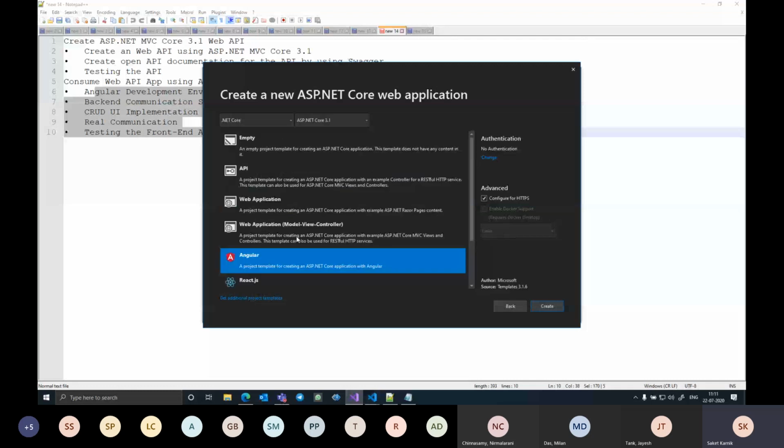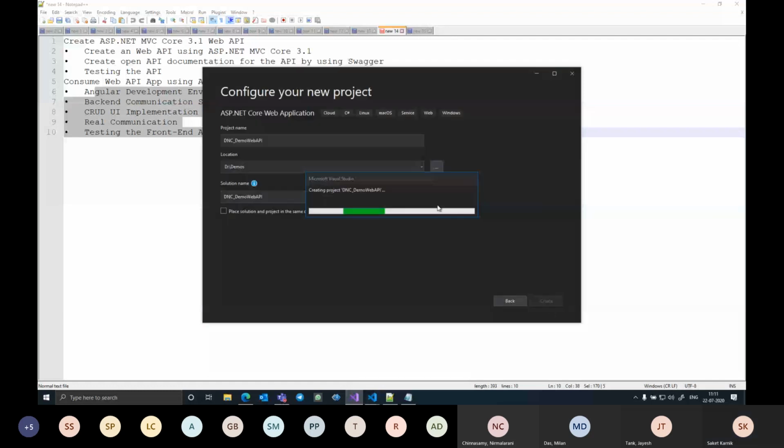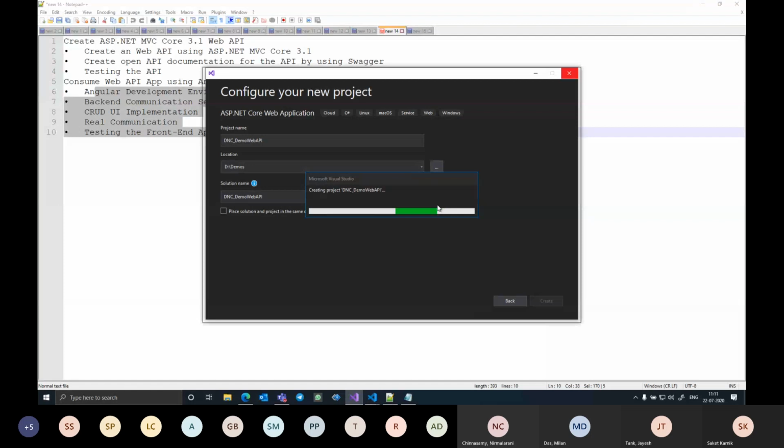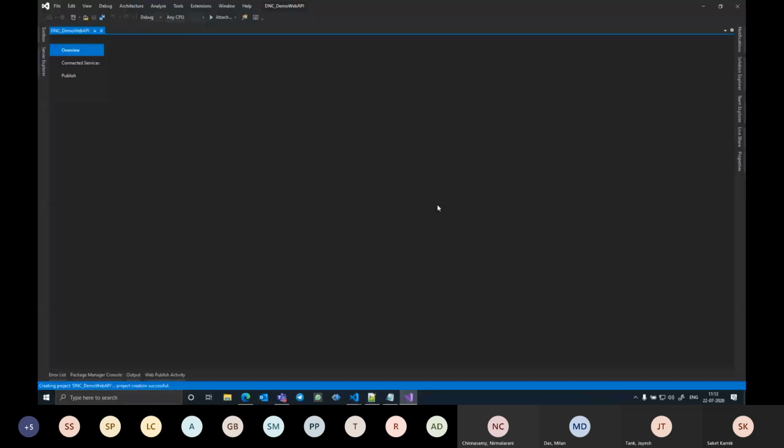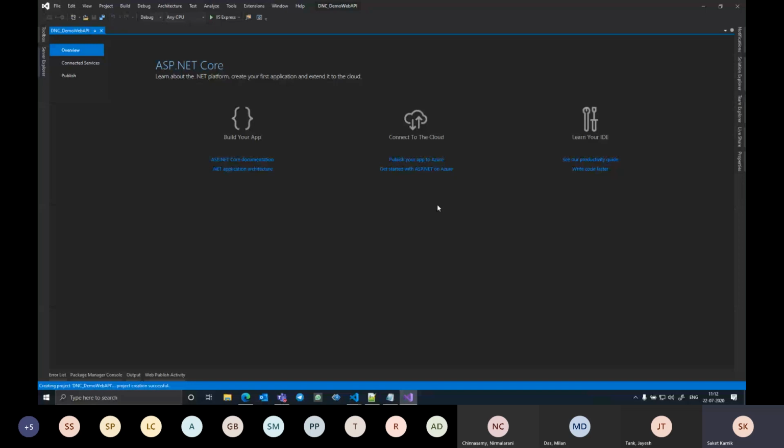So rather, I'm going to select this template named API and I click on create. The project gets created pretty quickly, comes up with the welcome page about the project creation and what can be done next, and documentation links and all being represented over here. So I'll just close this welcome page